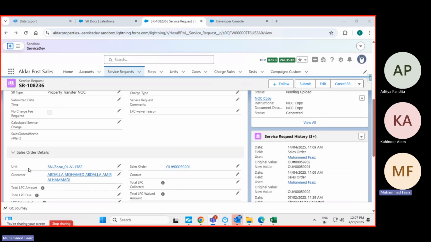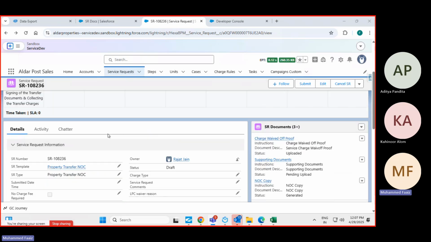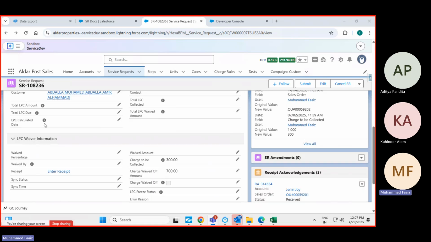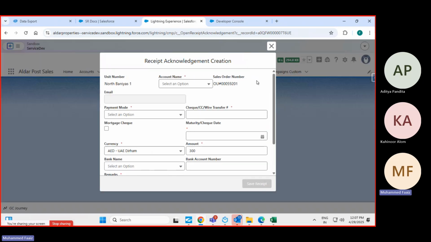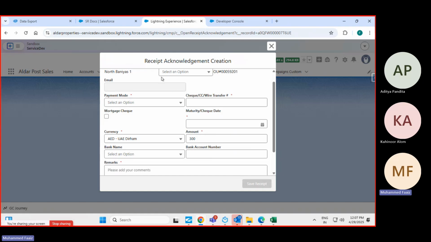Like this, most of the SRs have a receipt. Property transfer NOC has a receipt, property transfer, and there were other SRs. So when we click here on enter receipt, we'll get this kind of screen where we can enter all these details. Earlier, the account name was not a drop down,